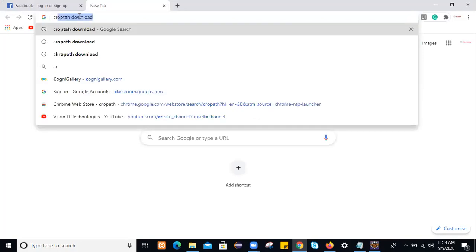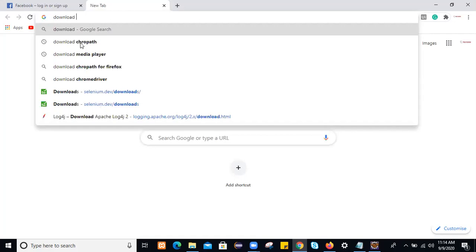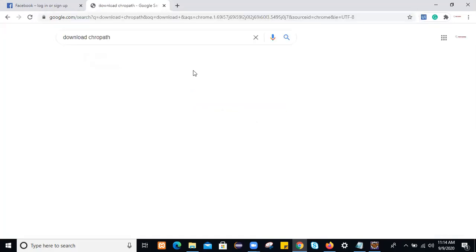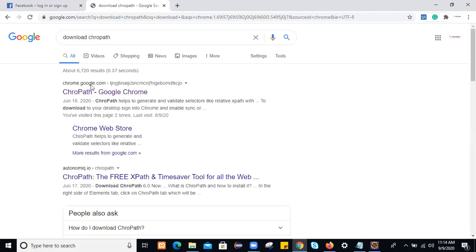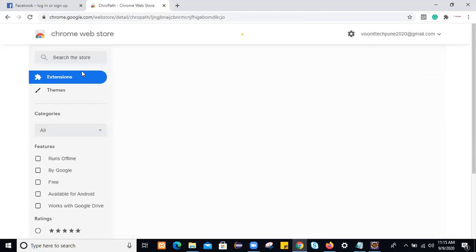Just go to any browser and search here, download ChroPath. Click on this. You will get the first result for Google Chrome. Just click on this ChroPath for Google Chrome link, and this is under extensions.